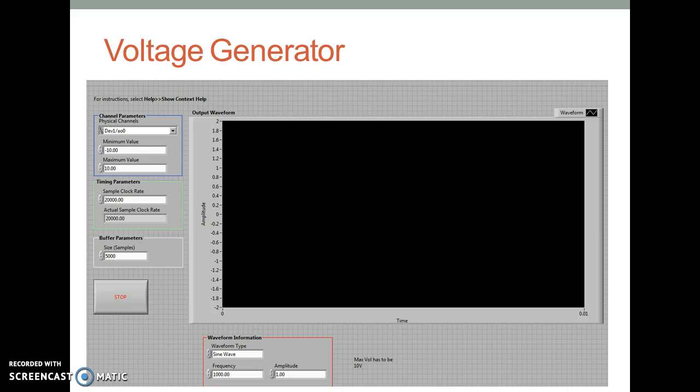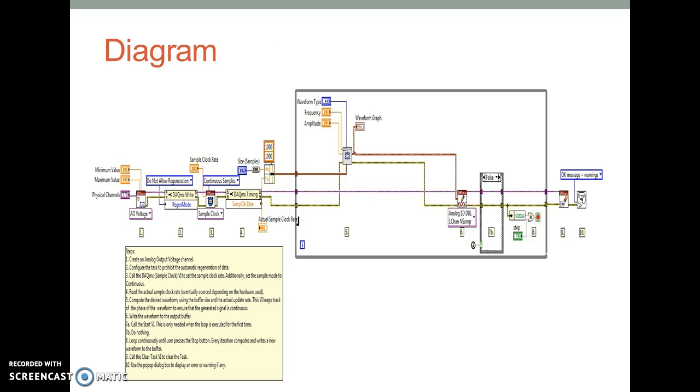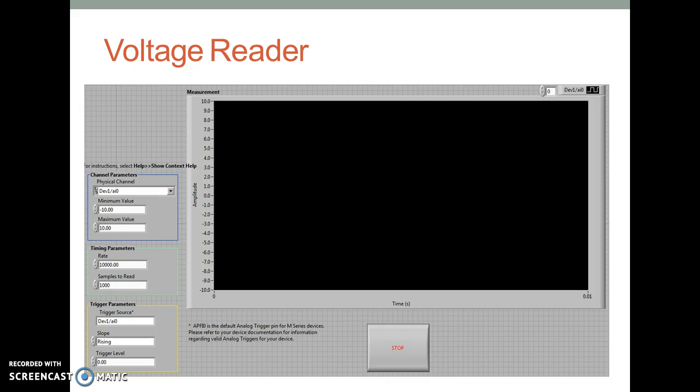This is the program in which I was able to change some components in order to generate that voltage. As we can see, the physical channel will be A0, which is output, and the range will be from negative 10 volts to positive 10 volts. This is the diagram for the voltage generator of the PCI 4461, and this is the voltage reader,